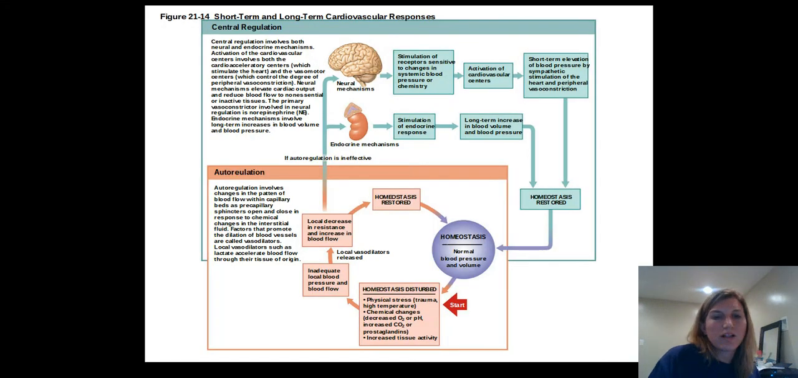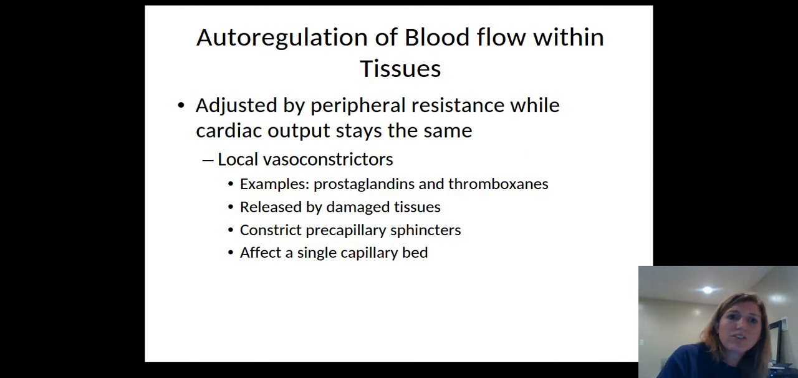Okay, so we just ended off at this slide. Let's talk about the opposite. So we were talking about peripheral dilators. Let's talk about local constrictors, things like prostaglandins, thromboxanes. These are just local hormones, kind of little cell-to-cell communicators. These are released specifically by damaged tissue. They're going to constrict the precapillary sphincters, shut off the blood flow to a particular area to allow for blood